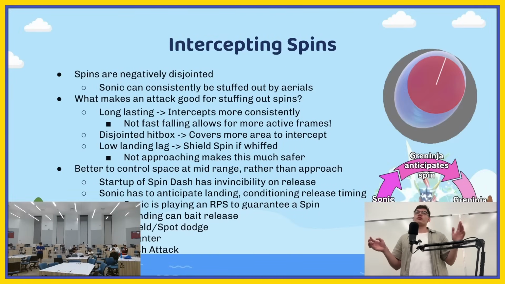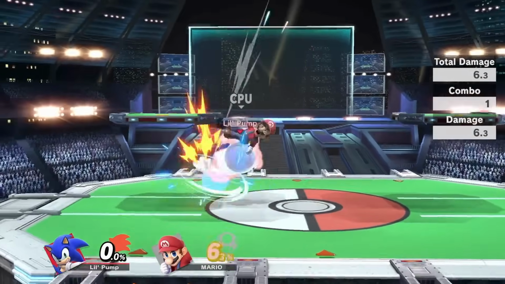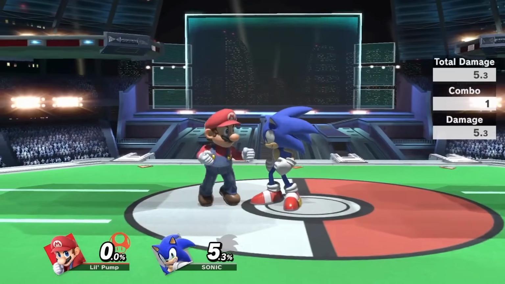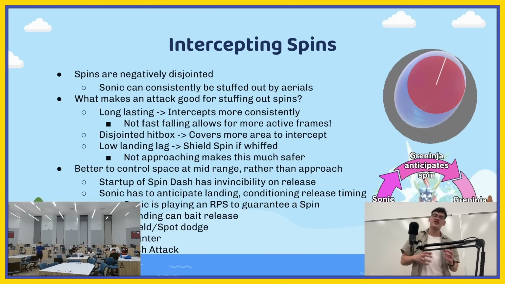Whenever you're approaching with your aerials, it's important to not approach in the traditional sense. A lot of people think Sonic is charging spin dash, let me jump into him with an approaching nair. Do not do that. As Max asked me earlier, Sonic has invincibility frames 1 through 6 whenever he releases spin dash, and that can go through your aerials to hit you. So what you're doing is you're intercepting his spins with aerials. You're not challenging the startup of his spins with aerials unless you're in a position to do so on that